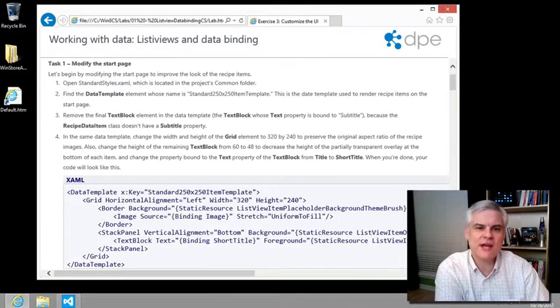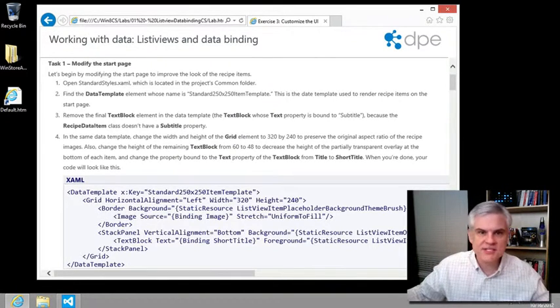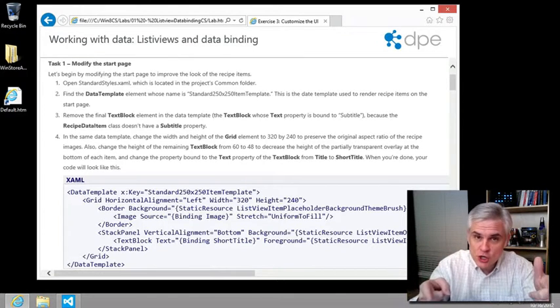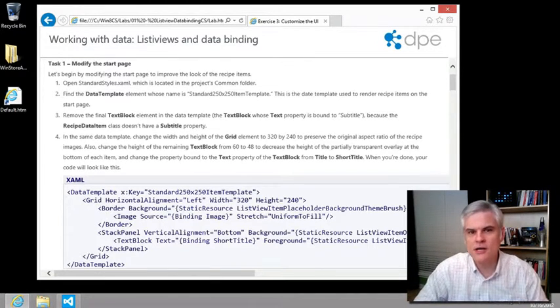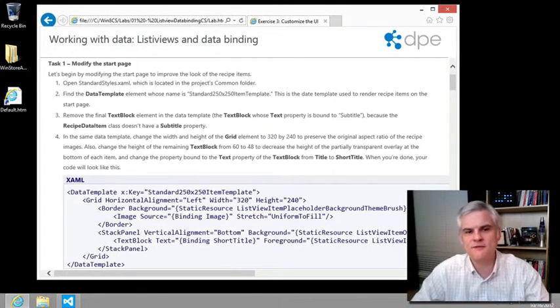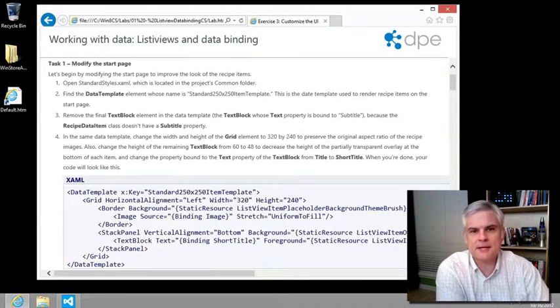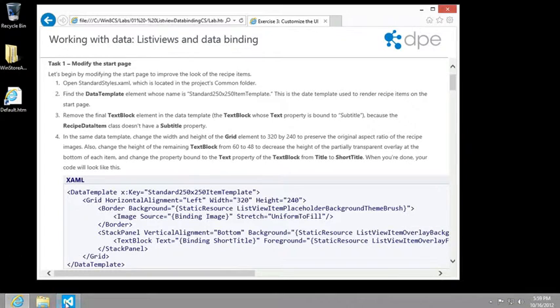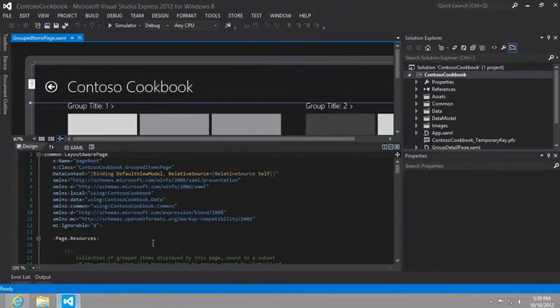So how do you actually create flexible layouts? Well, building flexible layouts that work equally well in all of these various states and scale nicely across these different resolutions could involve a lot of hard work. Fortunately, we can use the built-in XAML controls in the Visual Studio Grid app template, which handle a lot of the complexity for us. So in the Grid app template, each of the 3 pages has a different layout, as we've seen already. All right, so let's open up Visual Studio, and we're going to start in the grouped items